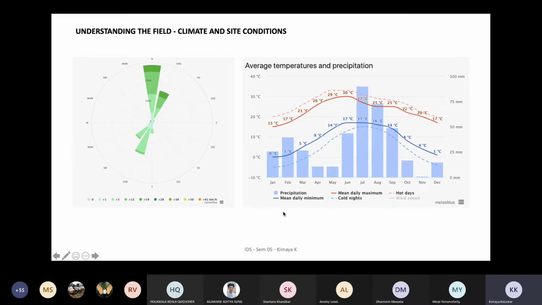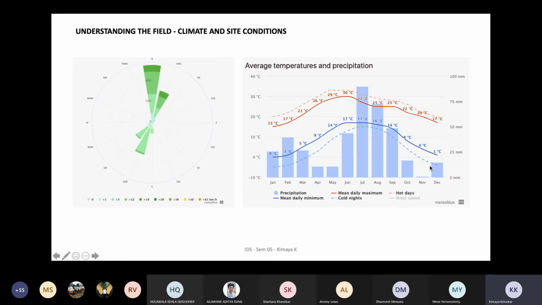Also, make sure that you don't design for a specific season. Your building has to run 365 days, right? So with specific seasonality, the building should be flexible enough to change and accommodate the changing climate outdoors. Then comes the average temperature and precipitation, which is in terms of the precipitation, mean, daily, maximum, it tells you. So here it is actually telling you the daily means, and the red one is telling you the highest ones. Now, if you notice, the difference is more than 10 degrees Celsius in both of them, which means you'll definitely go for a thermal mass technique.